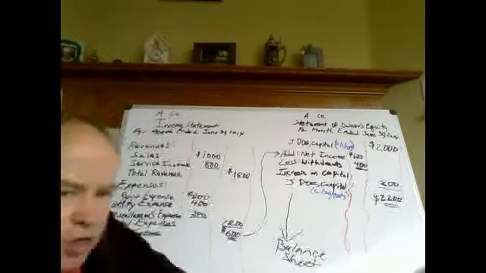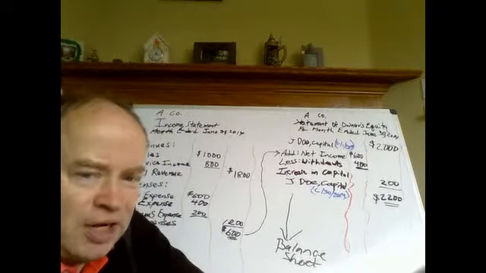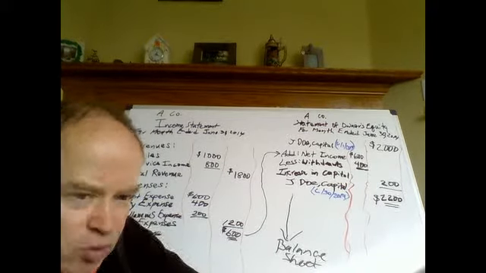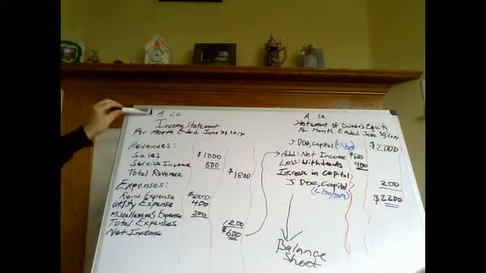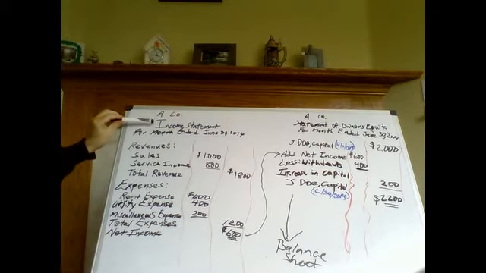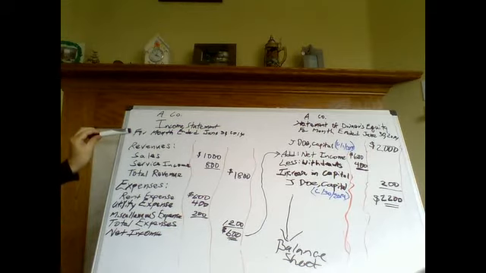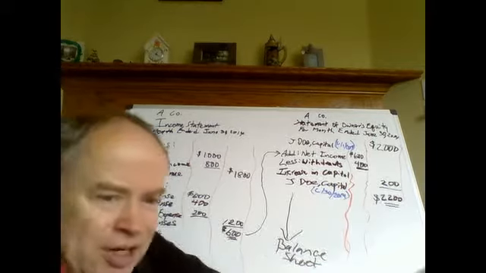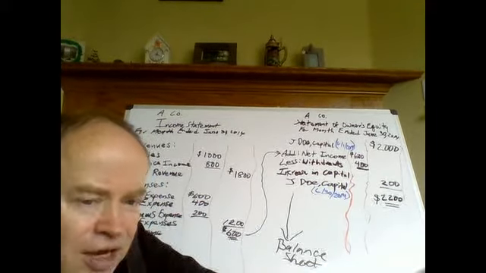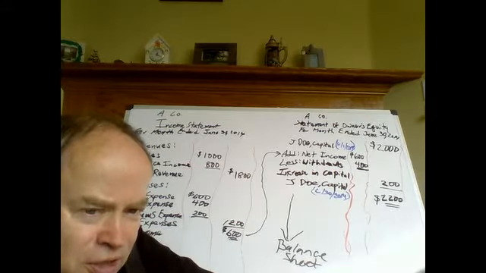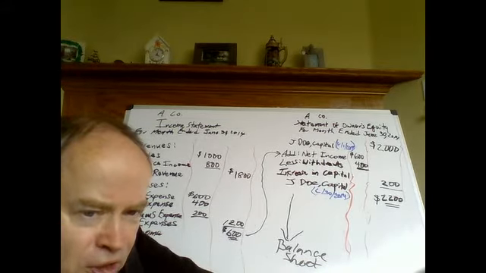Today's video will be on the income statement preparation and the statement of owner's equity. To prepare both of these statements, we need a title: the name of the company, the title, income statement, and the period of time covered, so for the month ended June 30th. By titling these, we know whose business it is, what particular statement it is, and what period of time